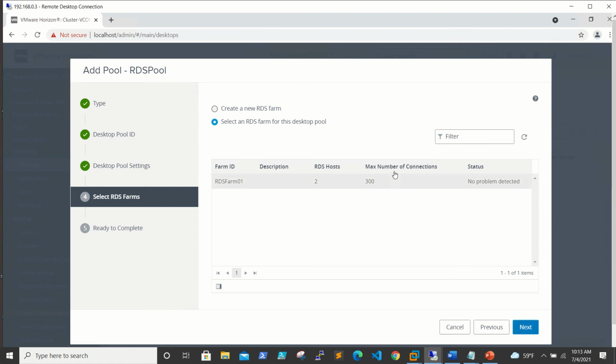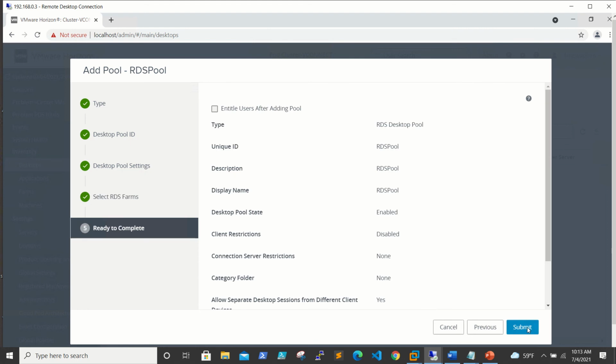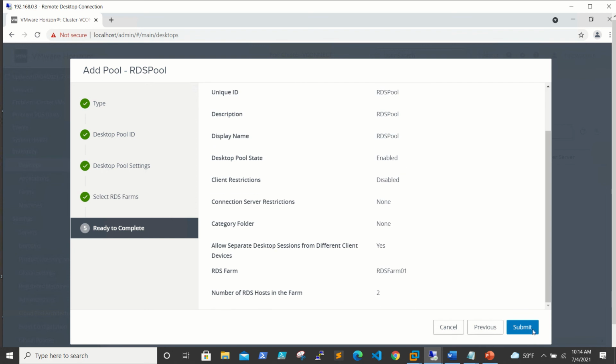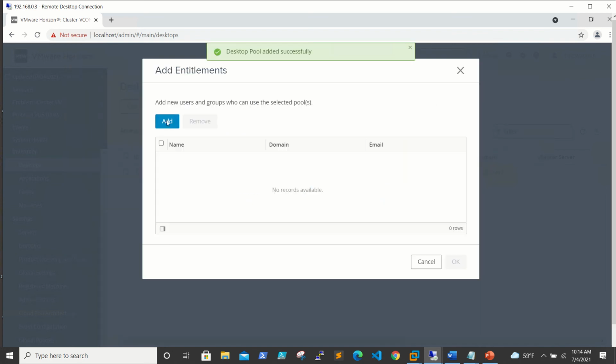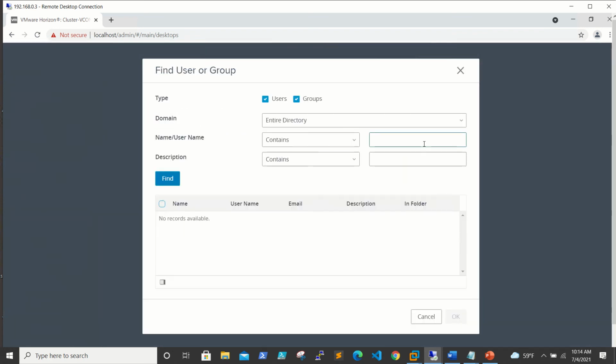And you are able to see the maximum number of connections is 300, because my RDS license is a 3 months free license. That is the reason we are able to see the 300 max number of connections. Click next. So enable users after entitlement, after the pool is added, submit, and we need to provide access to the users, so that is the main users. I will select that first,